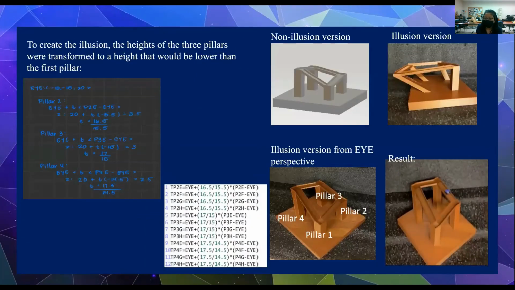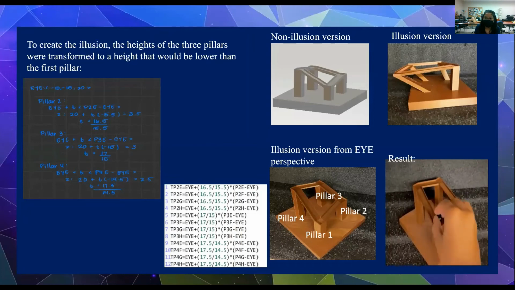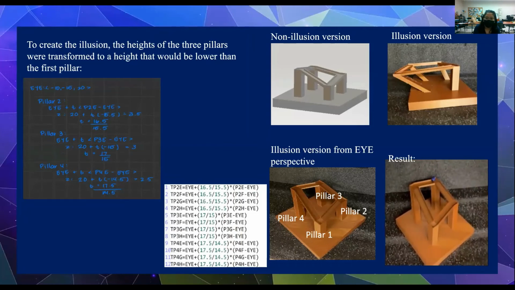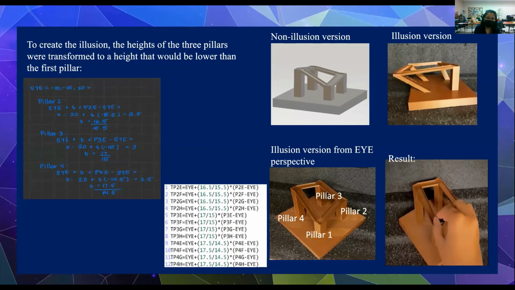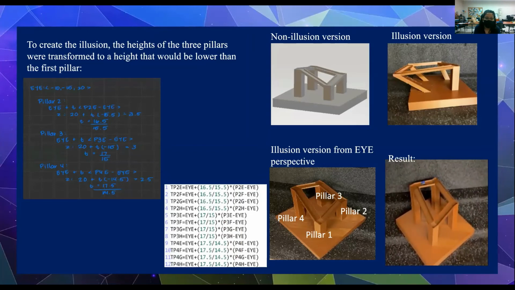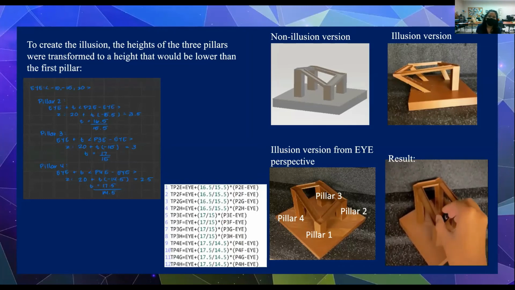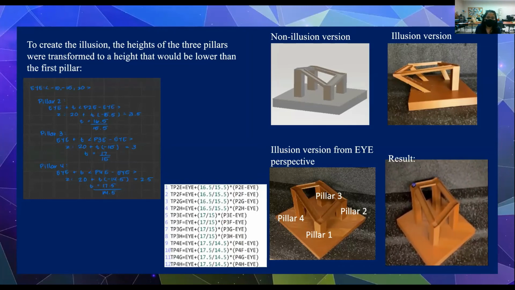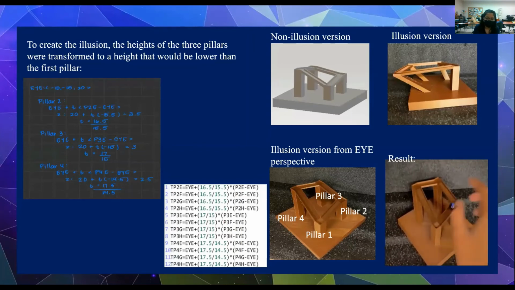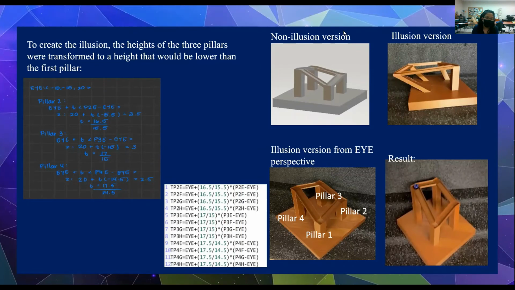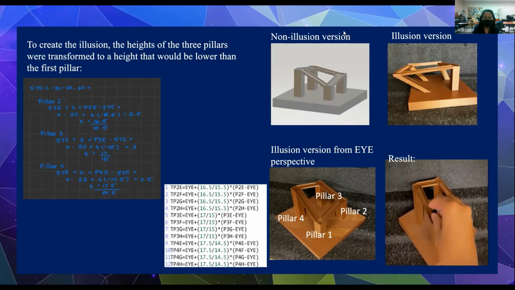So for my project, I decided to create this 4-pillar bridge that when viewed from a certain angle, looks like each pillar is increasing in height. So my first step was to create the non-illusion version, which has each pillar increasing in height. And to create this illusion, I had to transform the heights of the 3 pillars from the non-illusion version to a height that would be lower than the first pillar. So for the second pillar, I decided to decrease it to a height of 3.5, since my first pillar was at a height of 4. So then pillar 3 was transformed to a new height of 3,